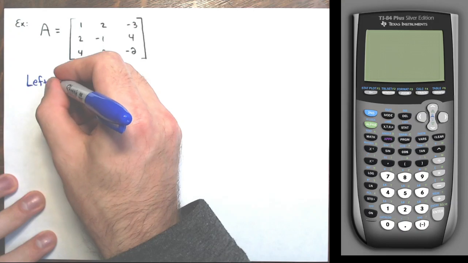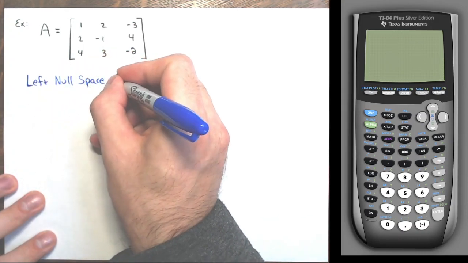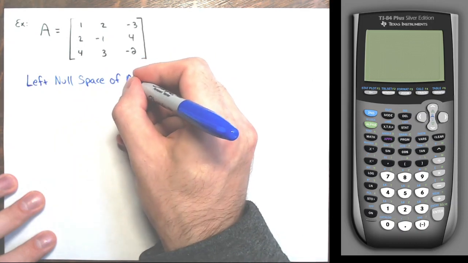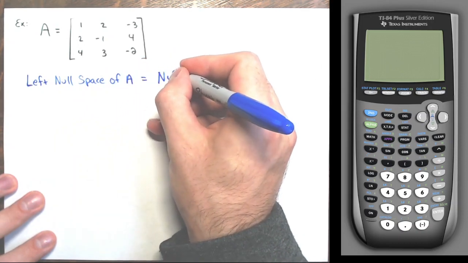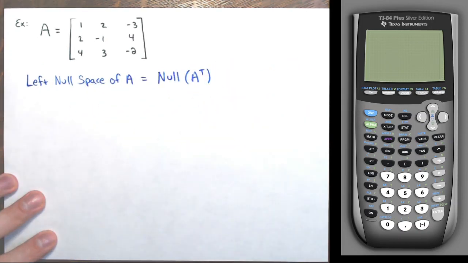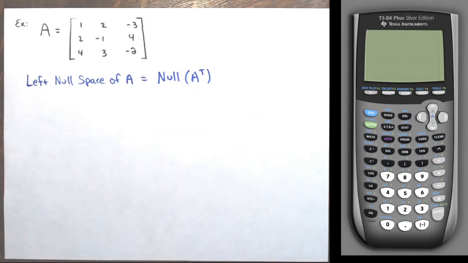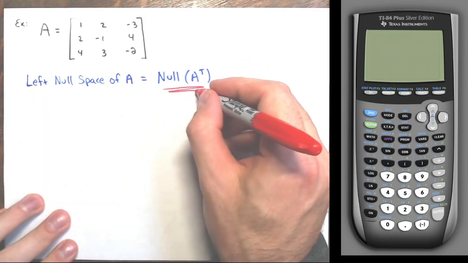Well, I'll write it again. The left null space of A is the null space of A transpose. They have the same vectors in it. Just these are written as rows, these would be written as columns, but they have the same vectors with the same components in them. Alright, so if I'm finding the null space of A transpose, that means I'm looking at this equation,